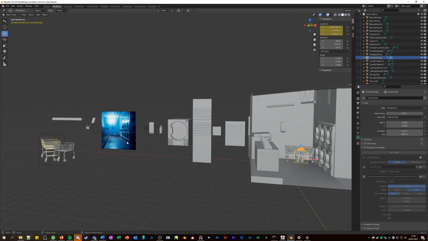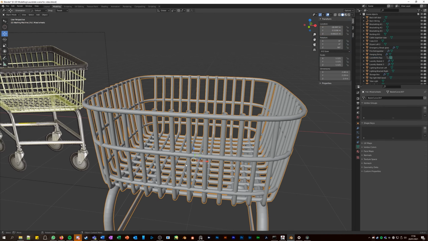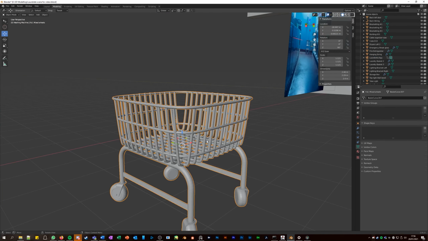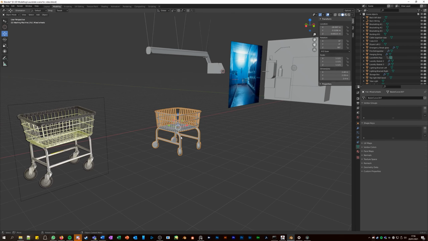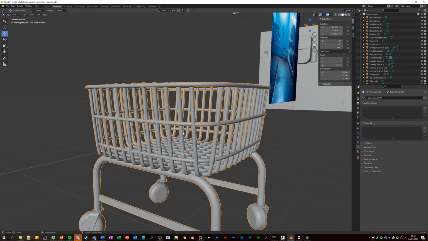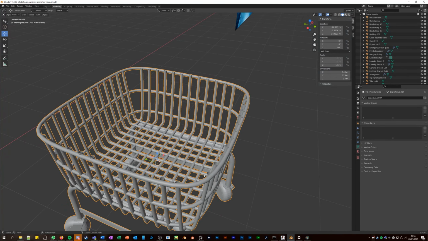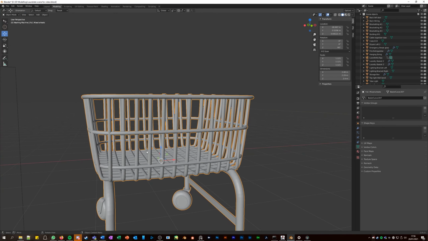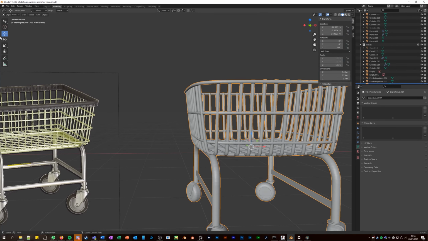The next task I did, which was an interesting one, a bit different to usual, was this laundry basket, which is quite dramatic. From these normal tasks that you do with just boxes and cubes and stuff, I didn't first see how I could possibly go about this. I had to change how I thought about it, because I didn't actually use cylinders for this. These aren't cylinders that I then bent the corners of. I started with a Bezier Curve, but basically, if I go over to the side here,